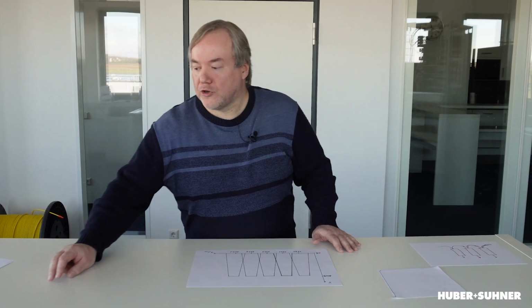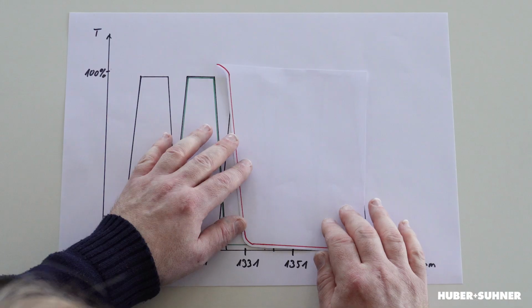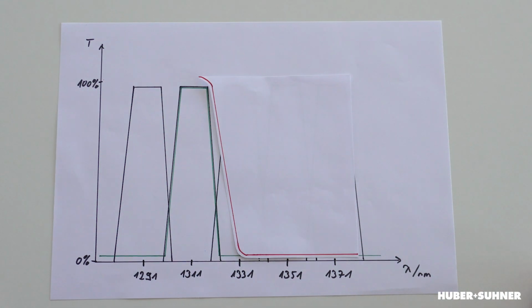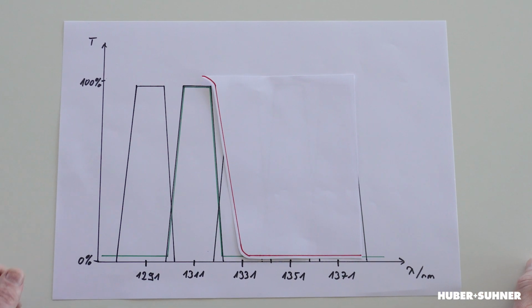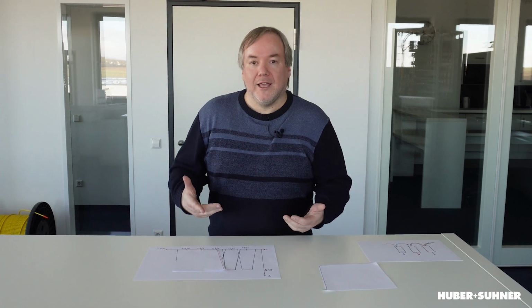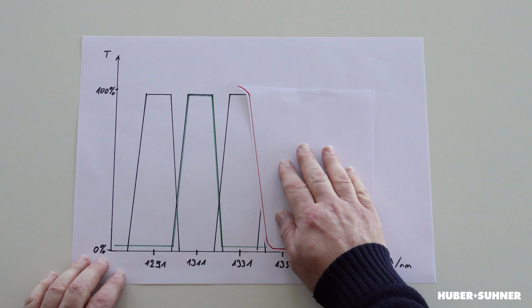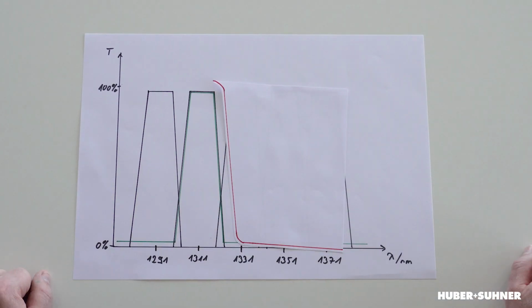There's a similar version of that, the so-called SWP, the short wave pass filter. It basically does the same, but vice versa. So higher than the edge, all the wavelengths are reflected, and below the edge, they are passing. Obviously, by design, you can shift this edge position. So you can determine if the filter edge is here or a little bit higher or lower.